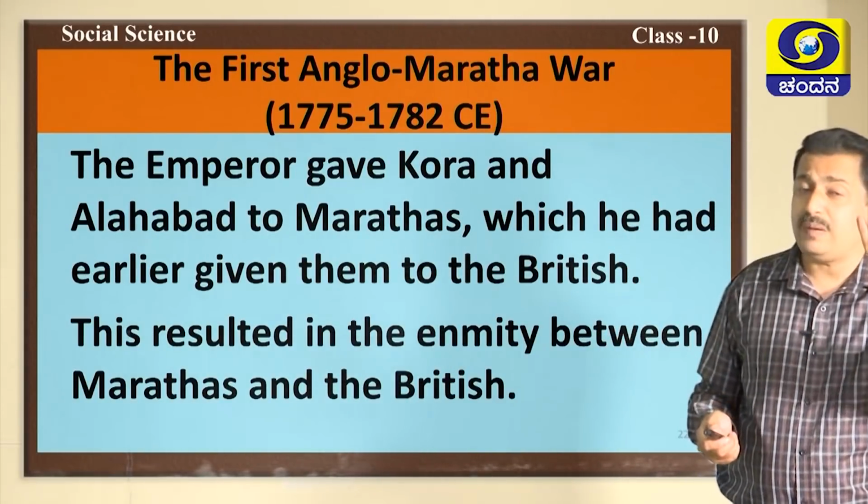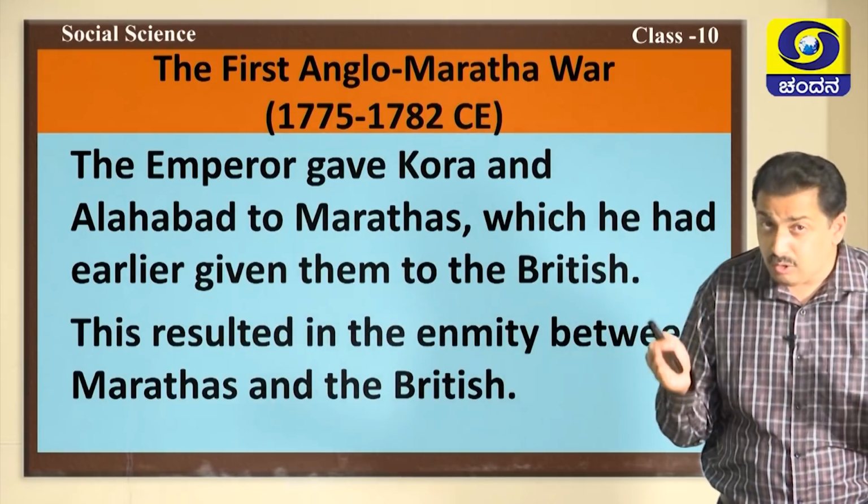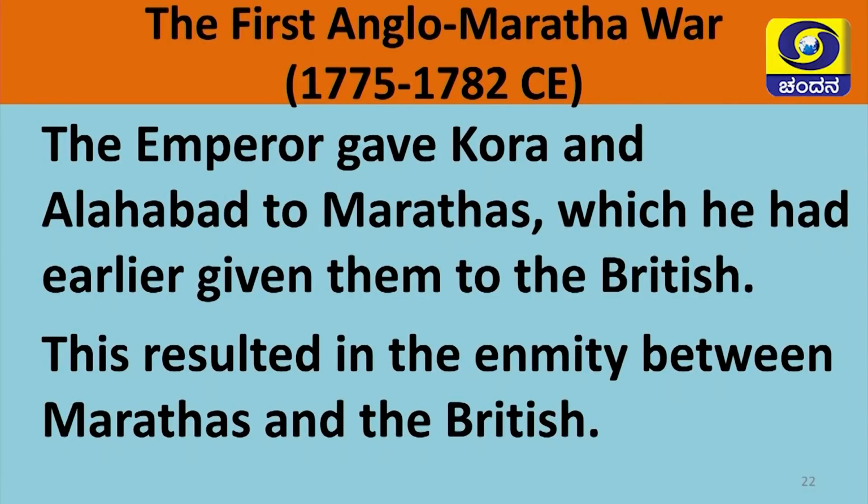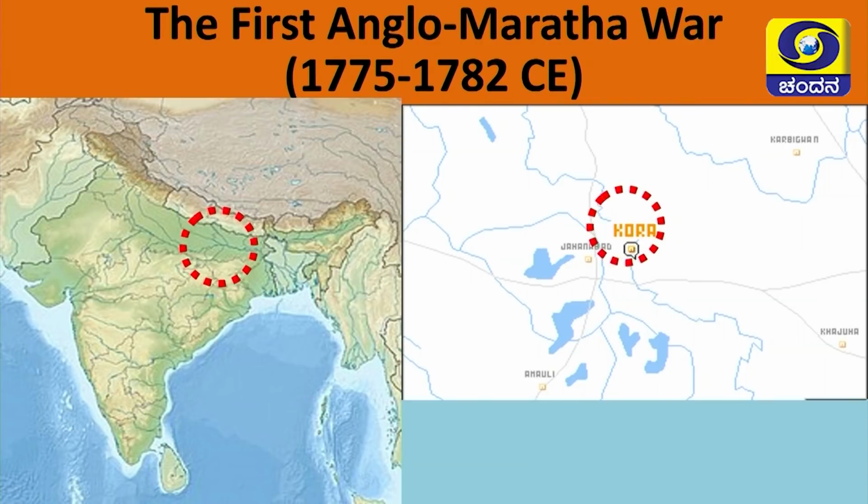II gave 2 places to Marathas. Which were those 2 places? It was Kora and Allahabad. Kora and Allahabad were given to Marathas, but actually these places earlier he had given to the British. Since these places Kora and Allahabad were given to Marathas, the enmity grew between Marathas and the British. So, this is one of the reasons for the First Anglo-Maratha War, and here I am showing you Kora, Allahabad